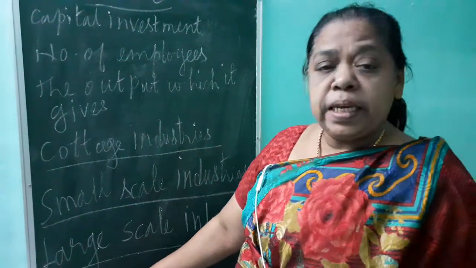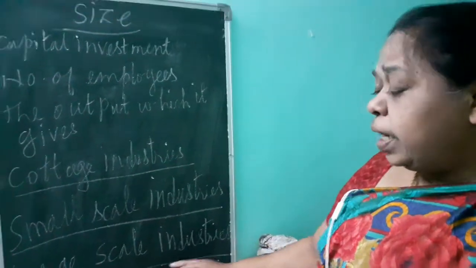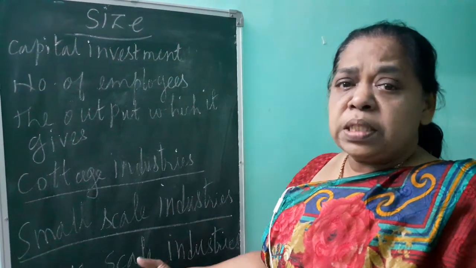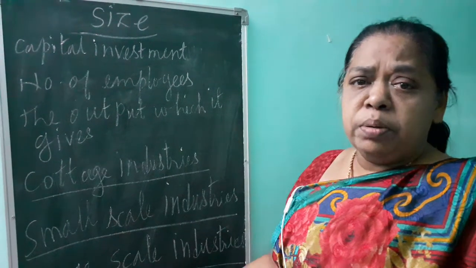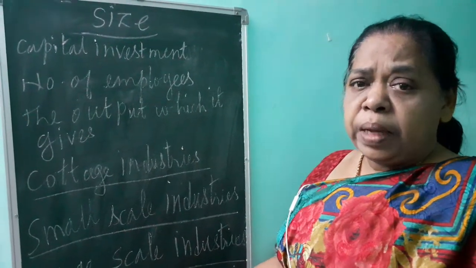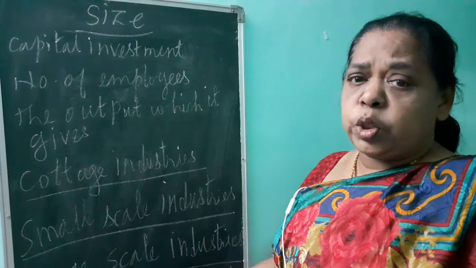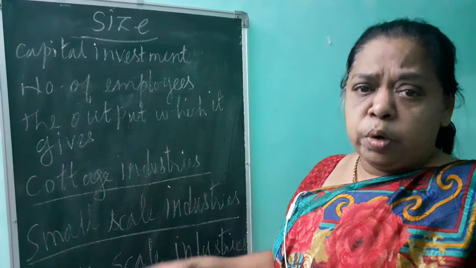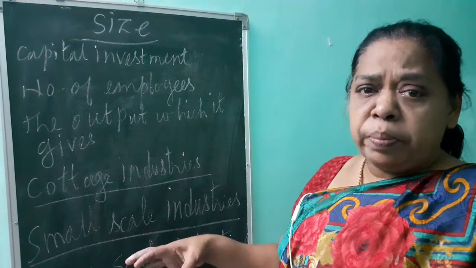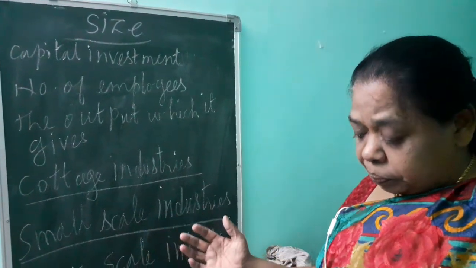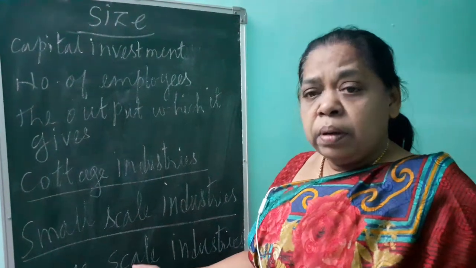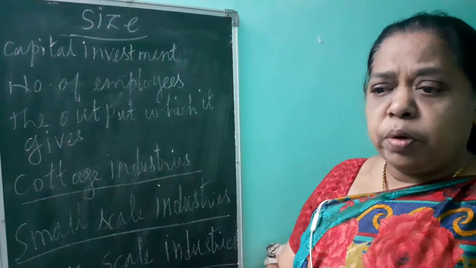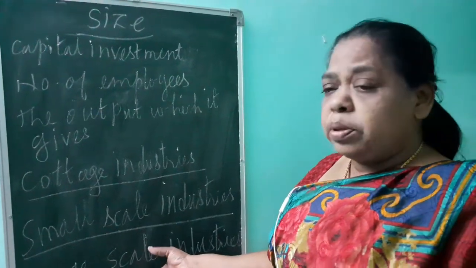The third category is the large scale industry. Here the investment is very large, the capital is very large. Thousands or hundreds of people work in this industry, and they are producing mass production. Mass means very large production. They work in a group. These people are controlled by a systematic, complex system. They are controlled by many officials and many group leaders, and they are producing on a large scale.